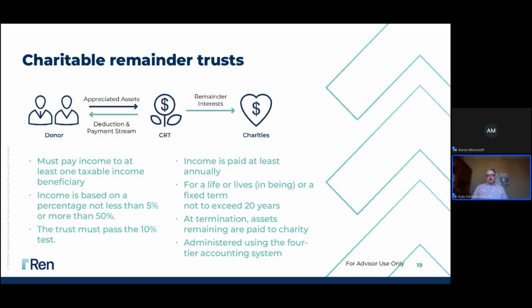So what are charitable remainder trusts? For those of you that are not familiar with a charitable remainder trust, this is a separate legal document or instrument that you're going to set up with an attorney. You basically set up a trust document that says, okay, this child, this heir is going to receive income for a number of years, or maybe it's for their life expectancy. It's going to specify the distribution rate, which has to be at least 5% a year. And whatever is left over when the term expires, when the child passes away, that amount is what ultimately is going to be paid out to the charitable organization.